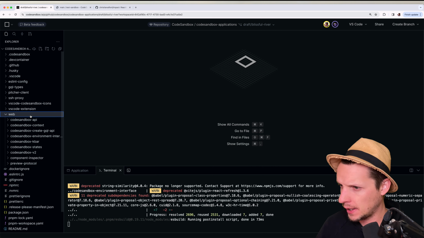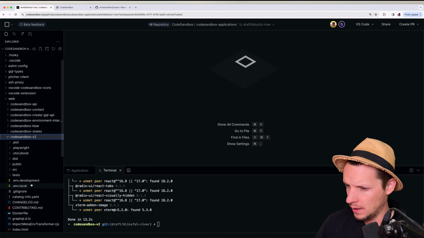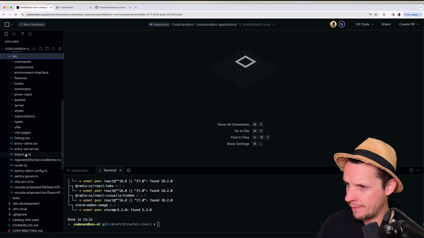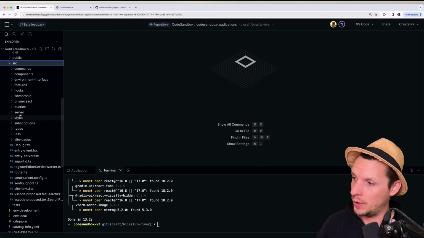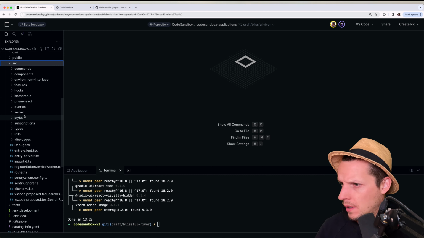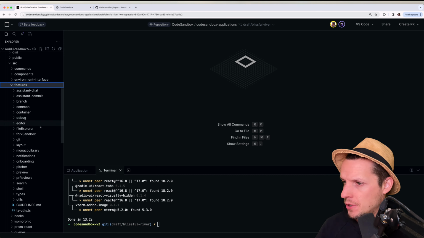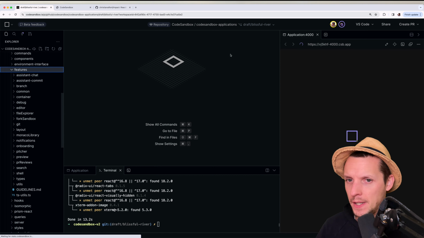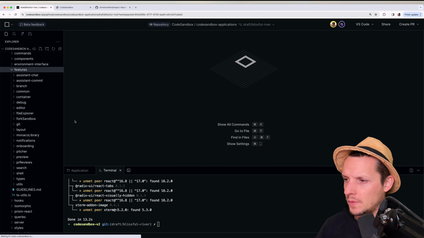We're going to take a look at this. The point is that we already have a very compatible structure where we have this thing called features. Now the point of these features, they are